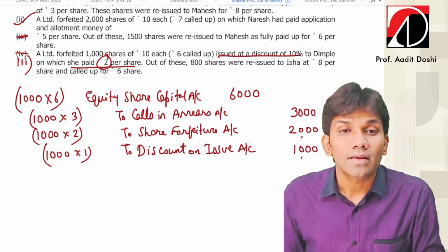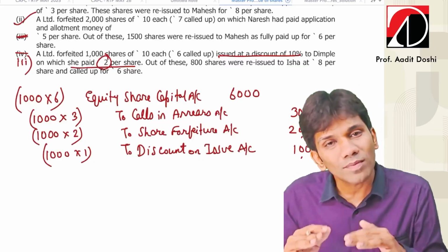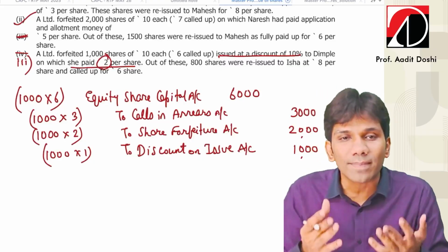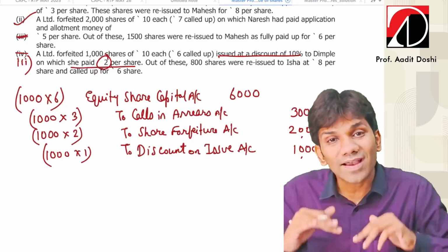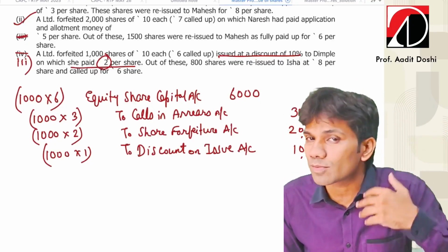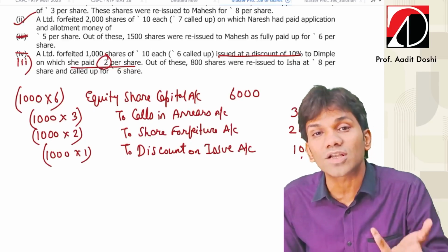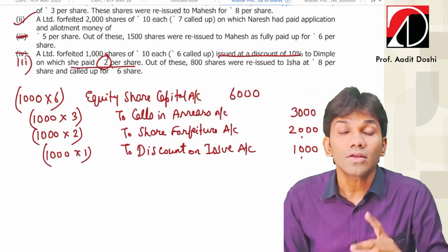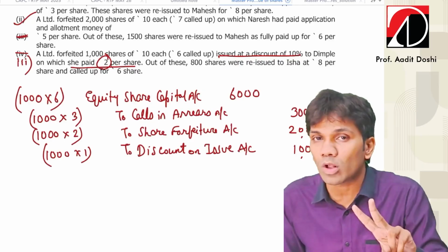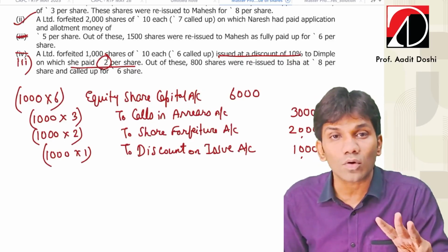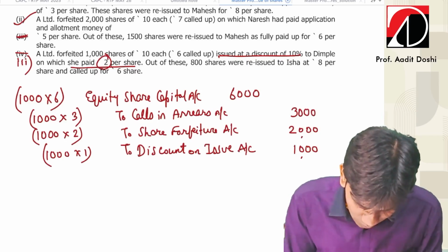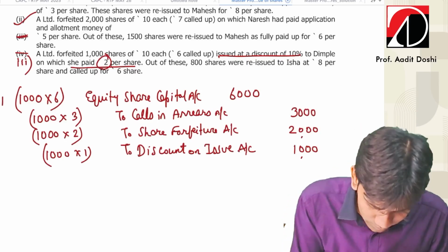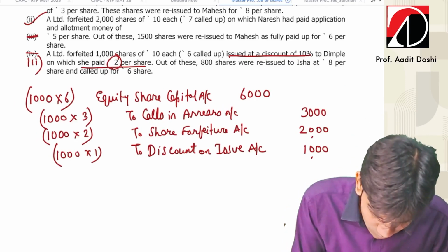डिस्काउंट रिवर्स क्यों किया? अगर वो मुझे पूरा पैसा देती तो मैं उसे डिस्काउंट देता था, अब उसने मुझे पूरे पैसे ही नहीं दिए तो मैं उसको डिस्काउंट जो देने वाला था वो मेरे लिए फायदा हो जाएगा, क्योंकि जब डिस्काउंट दूंगा तो मेरे लिए लॉस था, बट अब डिस्काउंट दूंगा नहीं तो डिस्काउंट बिकम्स अ प्रॉफिट टू द कंपनी इनडायरेक्टली. So equity share capital account debit, two call in arrears account, two share forfeiture account, two discount on issue, because the discount automatically gets reversed. Now this was entry number 1.